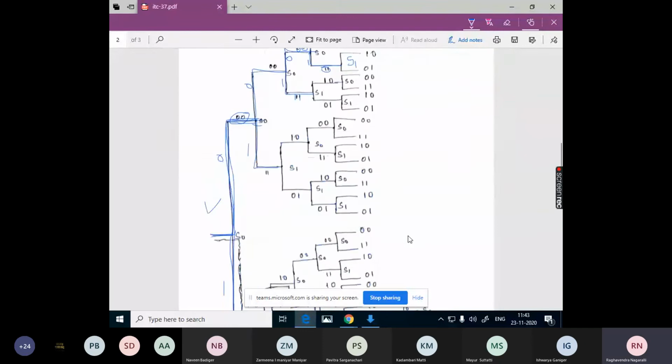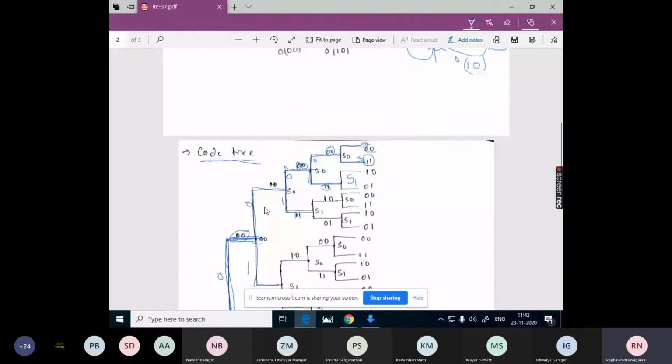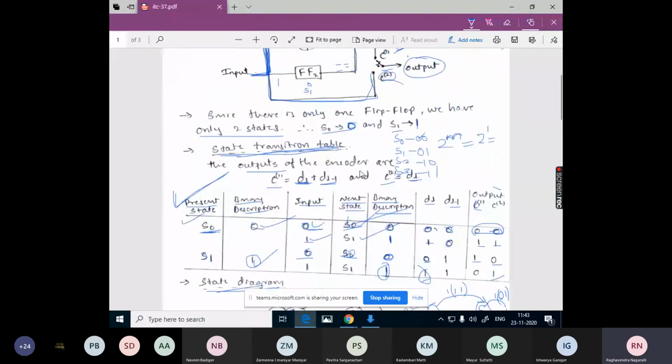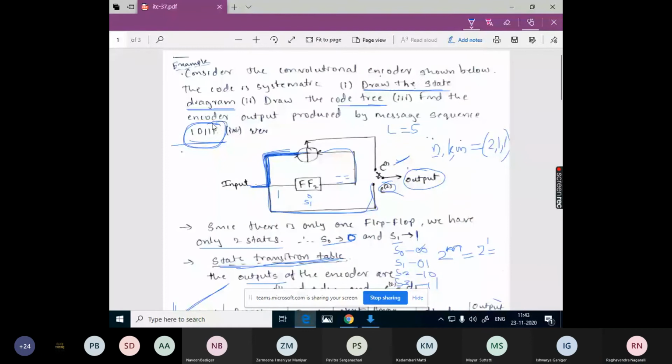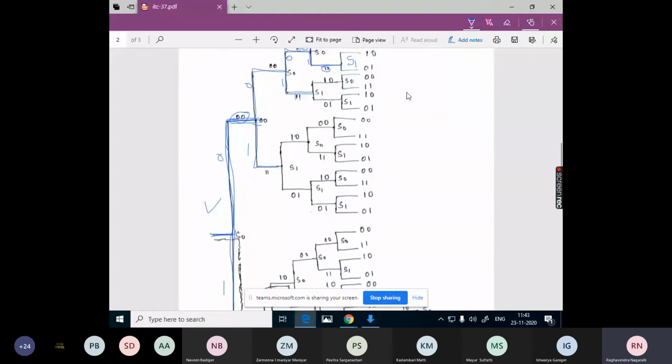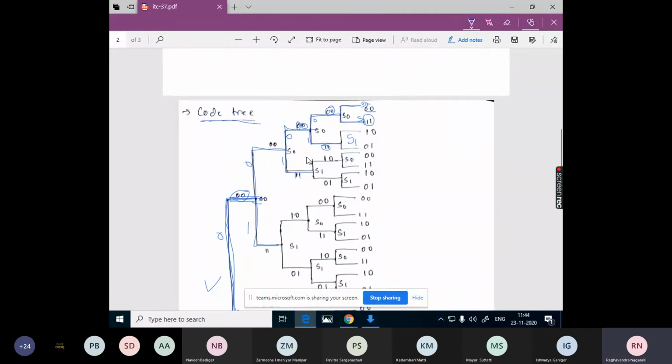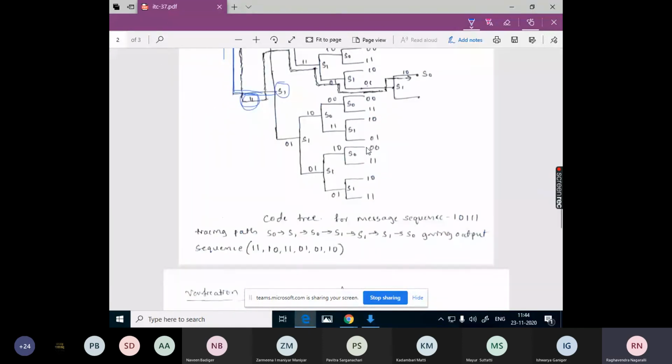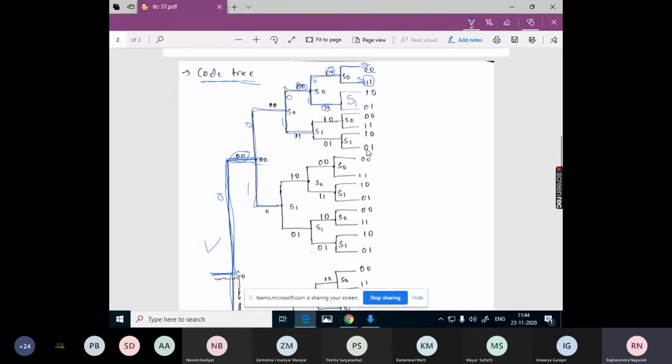Okay. So here I have taken 5 branches: 1 branch, 2 branch, 3 branch, 4 branch, 5 branch. Depending on the length of the input, depending on the value of L, we need to extend this code tree. Here the L value is 5, so that's why we have taken 5 branches. Not just for S0, we need to complete this code tree for all sub branches, not only for these S0 sub branches. So here we have S1, with 0 as the input and 1 as the input.